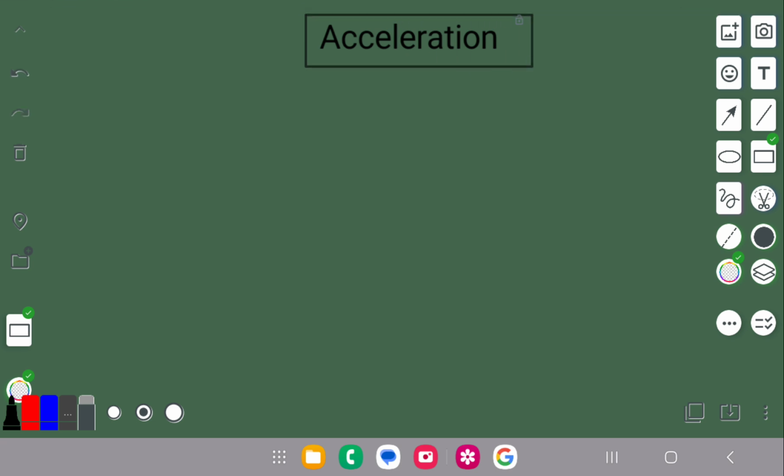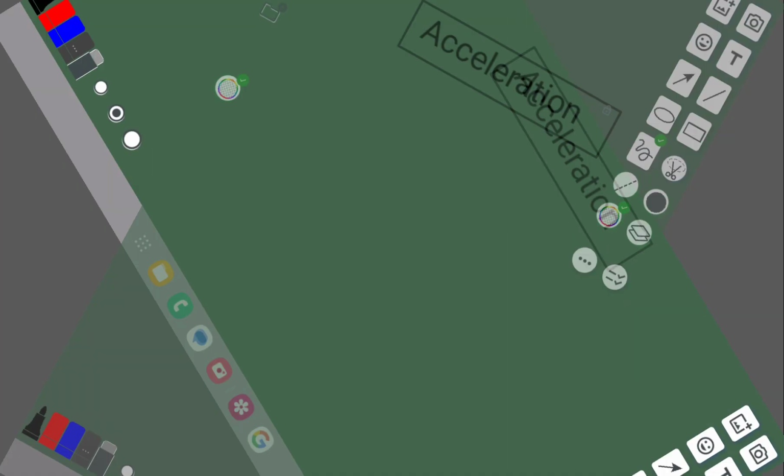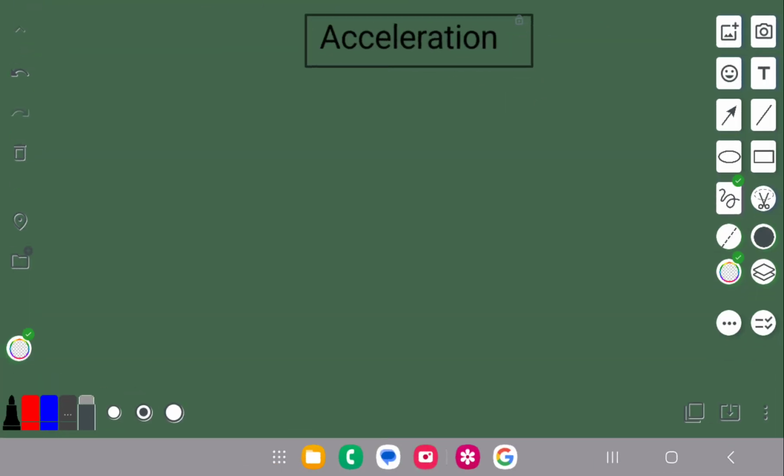So let's study this topic. It is something related to motion, so we are trying to study it. Let's unpack the mystery of this. We have already seen what speed and velocity are, and acceleration is nothing but when velocity changes, it is called acceleration. Let's take it through a very basic example.